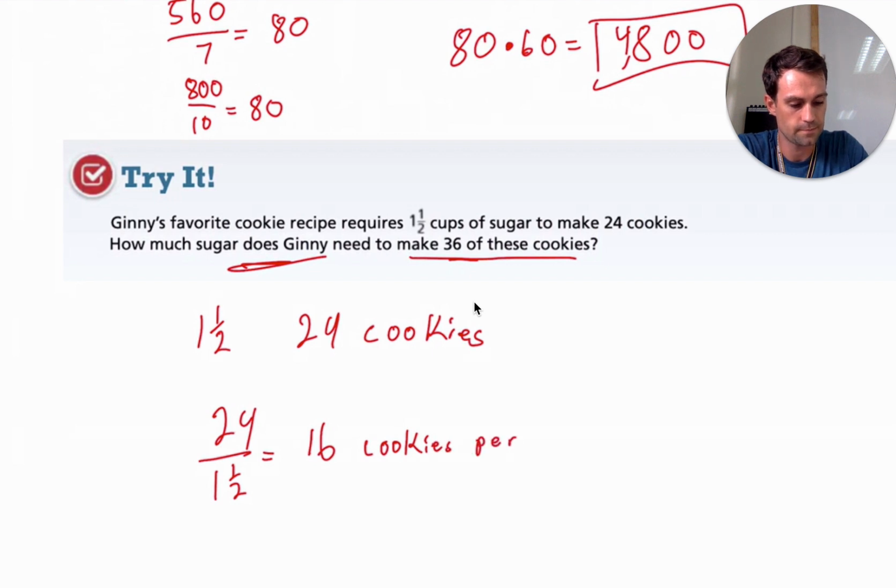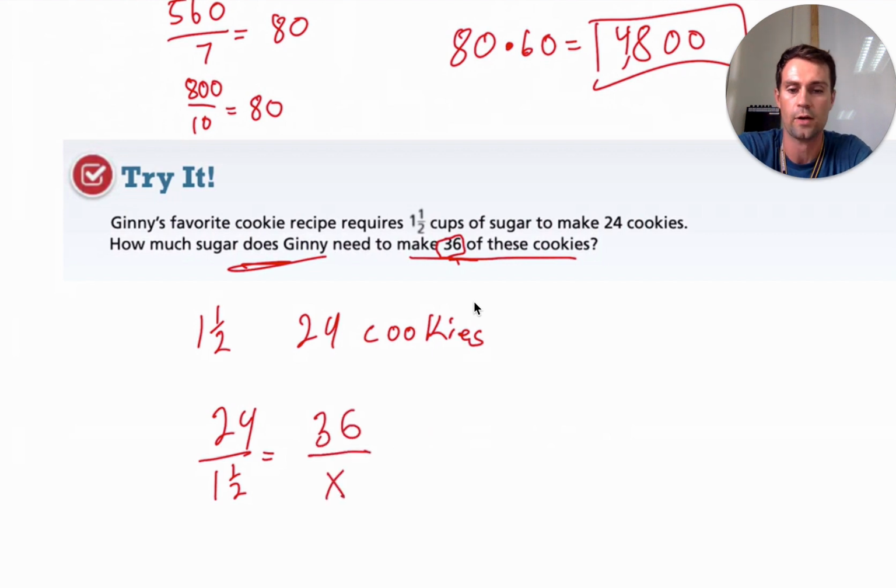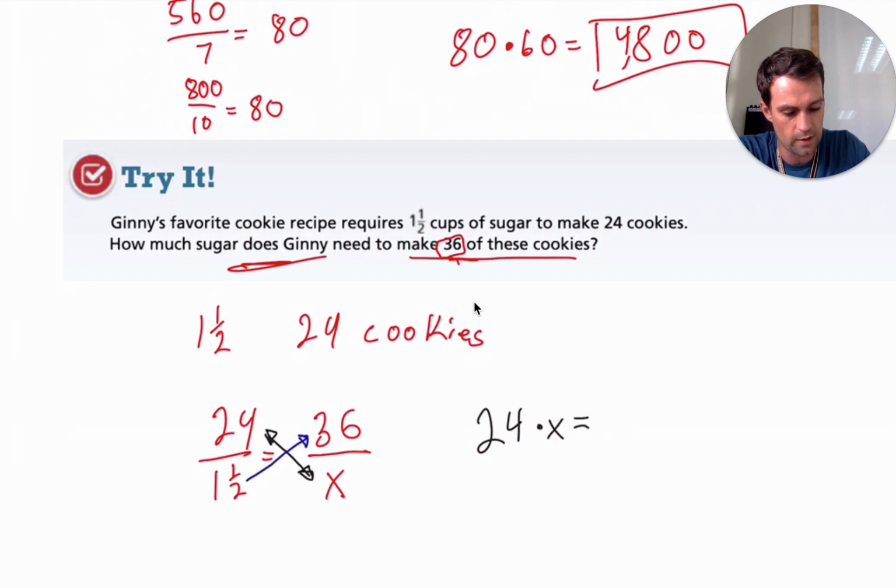per cup. But that doesn't help us. We're wanting to find 36. So actually, let's set this up as a proportion. Let's say we have, this is equal to 36 out of x, okay? Now, to solve for x, what we do is we cross multiply. We are going to cross multiply here. So we will take 24 times x equals, and we will cross multiply this way,